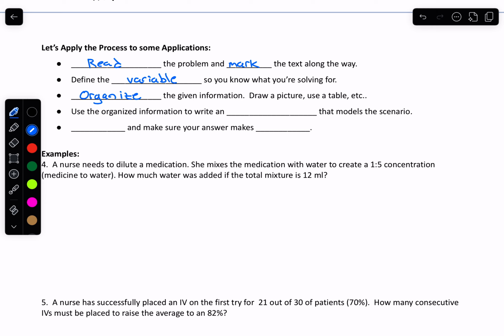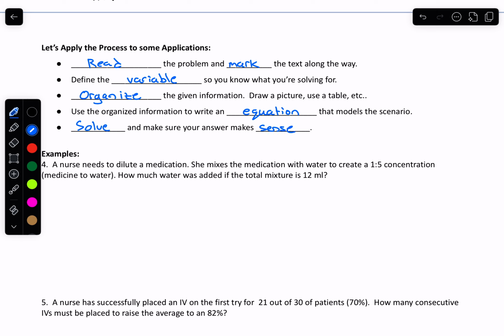And then we're going to use the organized information to write an equation that models the scenario. Remember, we want to model or represent the scenario using mathematics, using an equation. That way we have something we can solve. And at the end, we will then solve that equation, and we're going to make sure that our answer actually